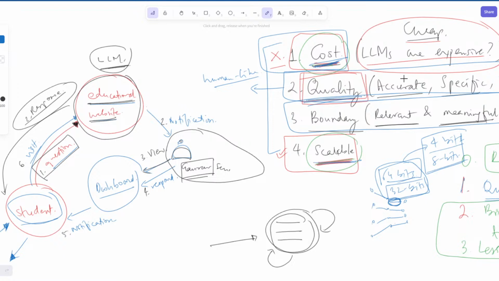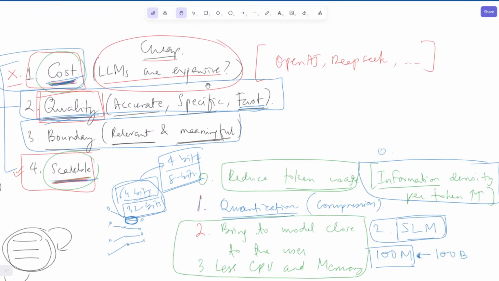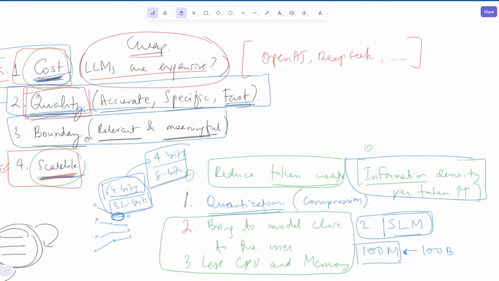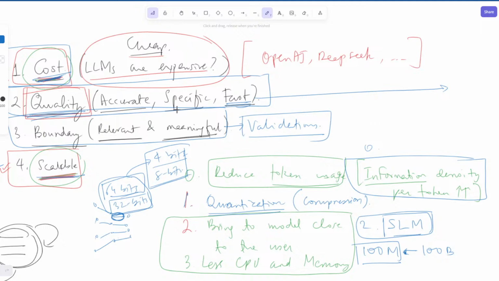How do we tackle this? This is the core problem. As an engineer, this is where your expertise will have to come forward. Okay. You can make it scalable and cost effective. In terms of boundary, these are basically validations that you can add here. That no swear words, no jokes, stuff like that. But let's get to the core part, which is how do we make it accurate and specific?